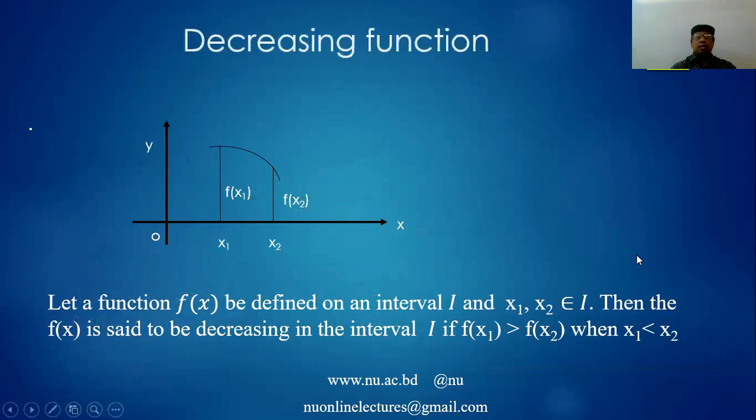So here, decreasing points. Let a function f of x be defined on an interval I and x1, x2 belong to I, then f of x is said to be decreasing in the interval I if এই কন্ডিশনগুলো মনে রাখতে হবে। If f of x1 is greater than f of x2, এটা কিন্তু মনে রাখতে হবে when x1 is less than x2।